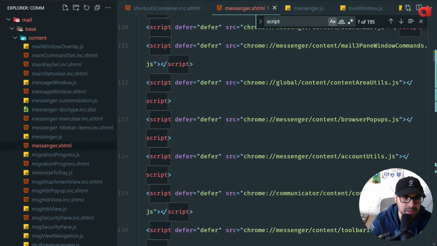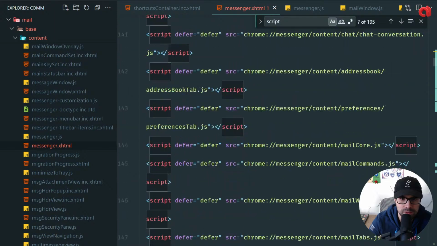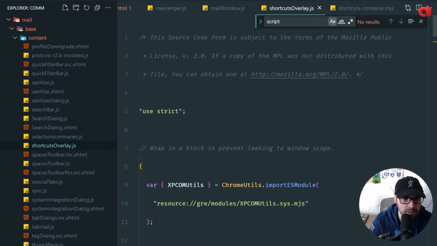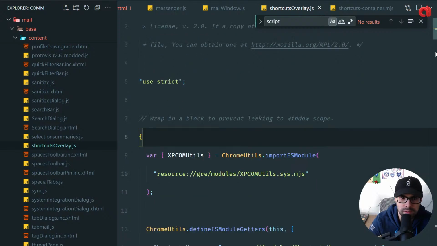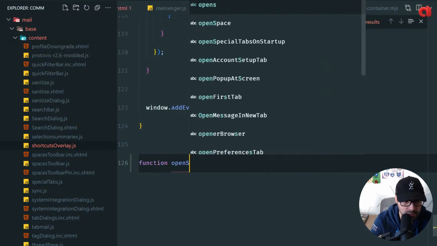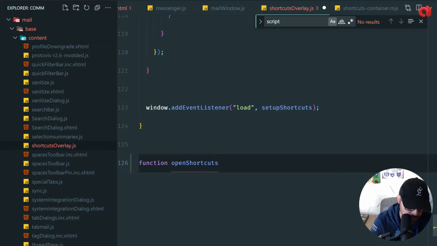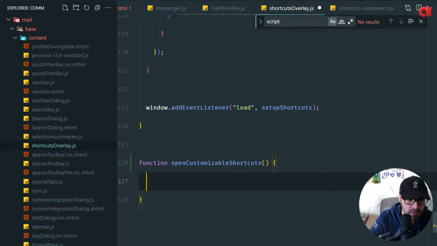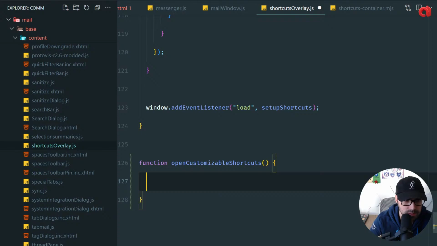We could have, I mean, I don't really want to create a shortcut. We have these shortcuts overlay here, but everything is wrapped in a block to run lead into Windows scope. But it's fine because we don't need any of this, but we want this. Function open shortcuts. Manager, open customizable shortcuts. Shortcuts, okay. Open customizable shortcuts. What we do is,